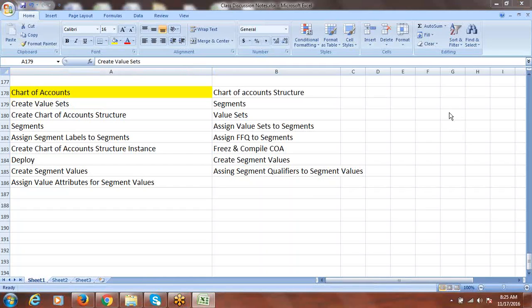Yeah, Maruti, please. Is there any concept of ODI, Oracle Data Integrator, in between when these chart of account values are getting interfaced to Essbase? No, they have an inbuilt solution. I think it's done through some APIs or other technique.